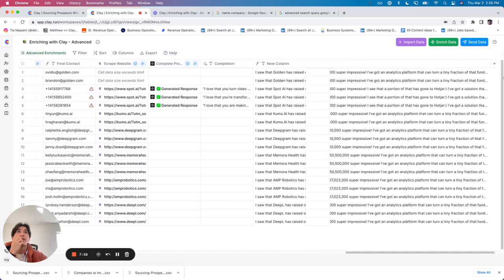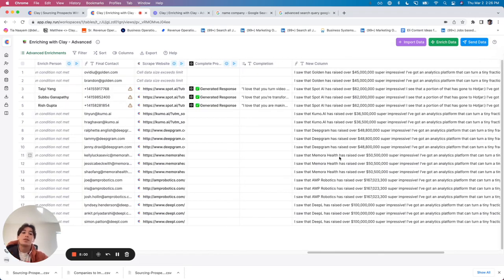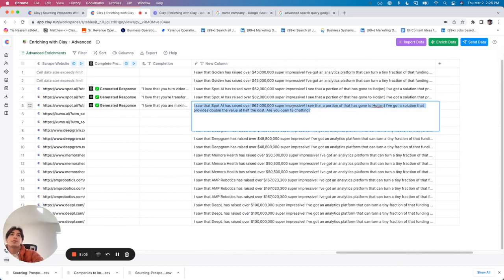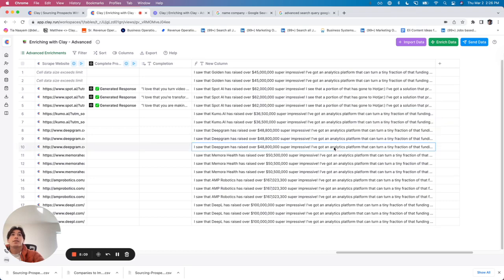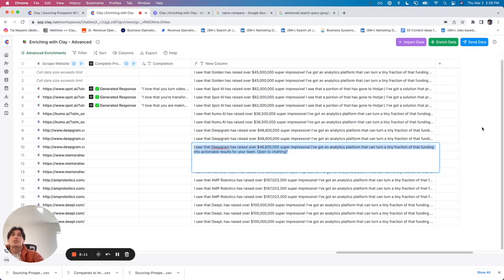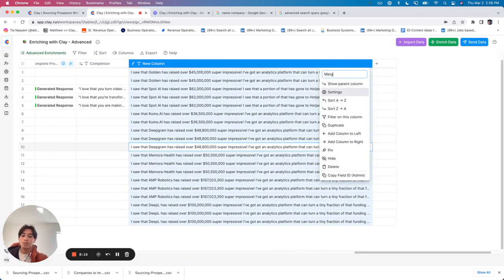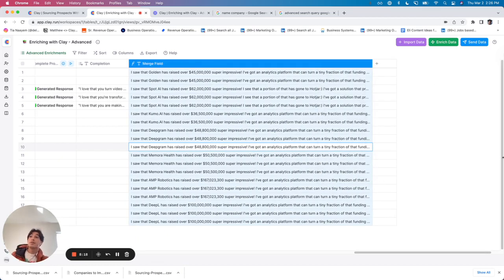Okay. And now let's just take a quick look, right? So if a company has Hotjar, hey, I saw you raised over 60 million, portion of that's going to Hotjar, I've got a solution. If not, it doesn't include that text. So this, I'm going to call our merge field. This is just another example of how you can use ChatGPT or just additional conditional formatting to then create a